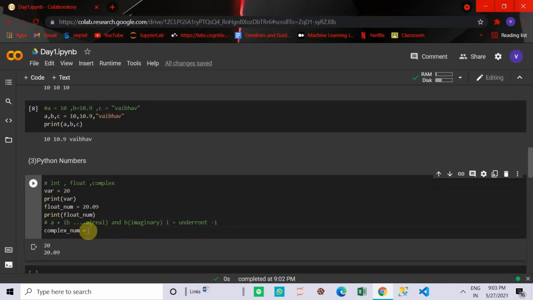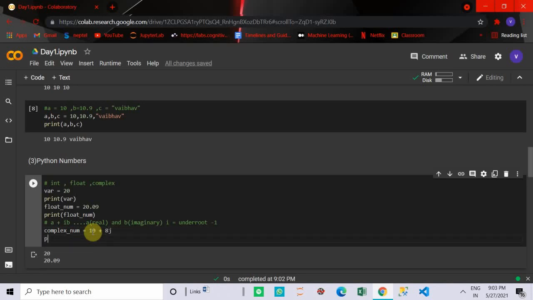In Python we can write the same as 10 plus 8j, using j. Let me print complex num.